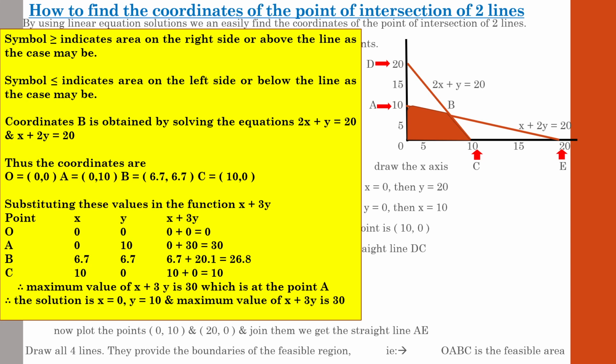So this is how you have to deal with a question where you have to prepare a graph. On the base of the graph, you need to identify the feasible region. On the base of the feasible region, you need to identify the coordinates. Once you identify the coordinates, on the basis of the objective function or the maximization function, you have to find the point at which you get the maximum value. That point is considered the optimal point. So this is how you have to solve an LPP problem using a graph.